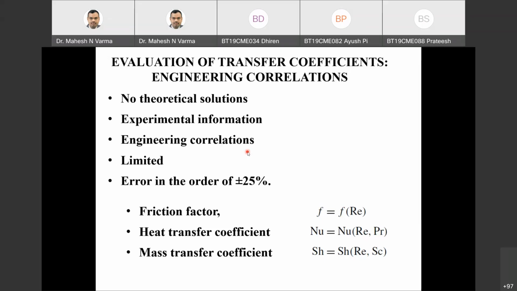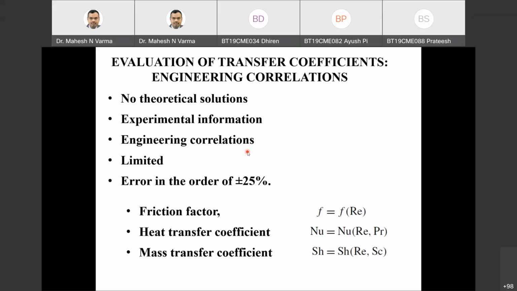Similarly, for momentum transfer, they are viscosity, friction factor, and velocity profile. These are the most important parameters to look for in various design calculations in momentum transfer. Similarly, in mass transfer, the diffusivity, mass transfer coefficient, and concentration profile are the